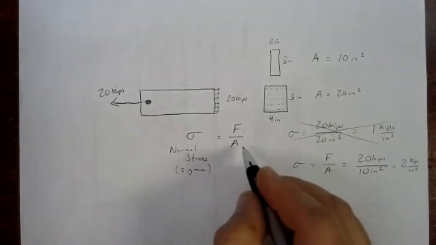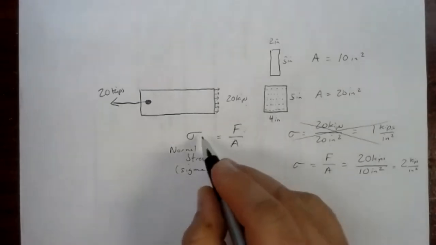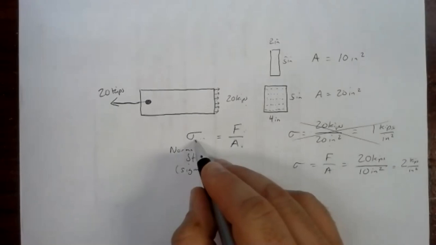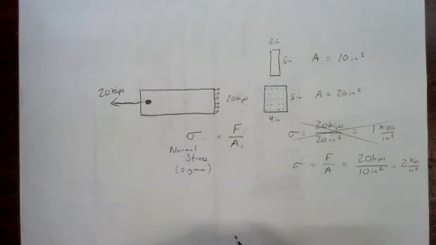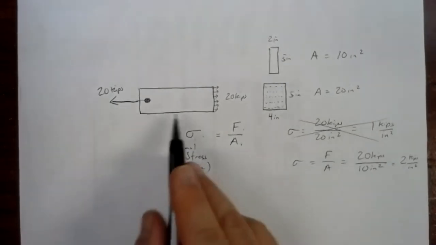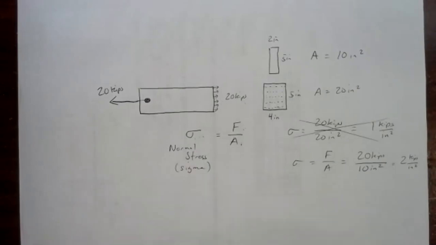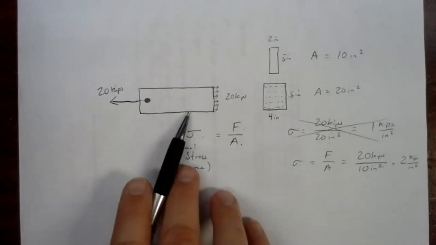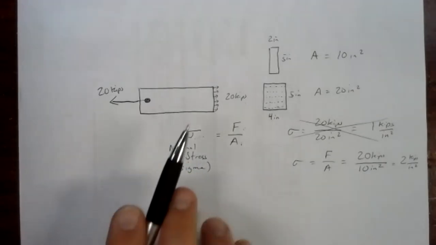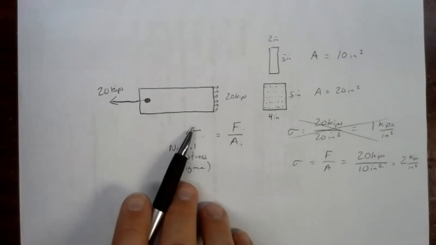The less area there is, the higher the stress is. The more area there is, the lower the stress is. And that's an important idea because real materials have an upper limit, actually several limits, on how much stress they can handle. We'll see this next week, but every material has 2 important factors to keep in mind for dealing with stress. One is what we call the yield stress, and the other is what we call the